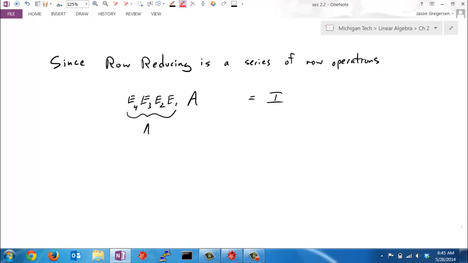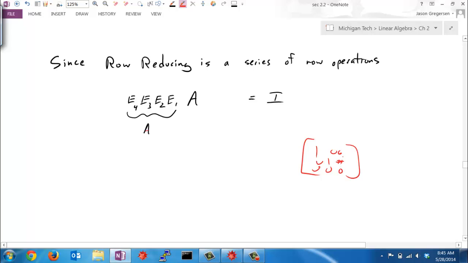Now the idea is if I can do a row reduction and get all the way to identity, remember there's different outcomes when we do a row reduction. We might get to this. We might also get to something like this. Well, it turns out for there to be an inverse, we have to get to an identity. But if we can row reduce to identity,